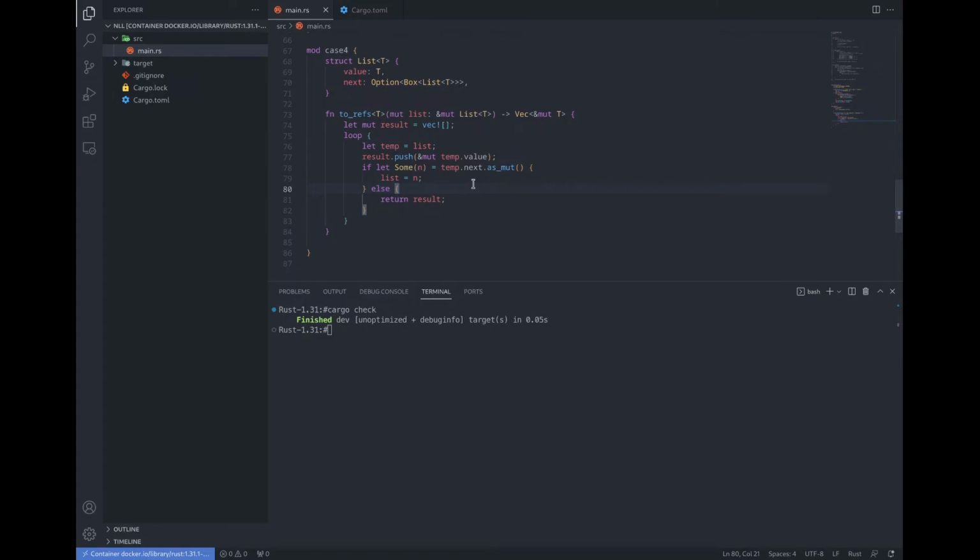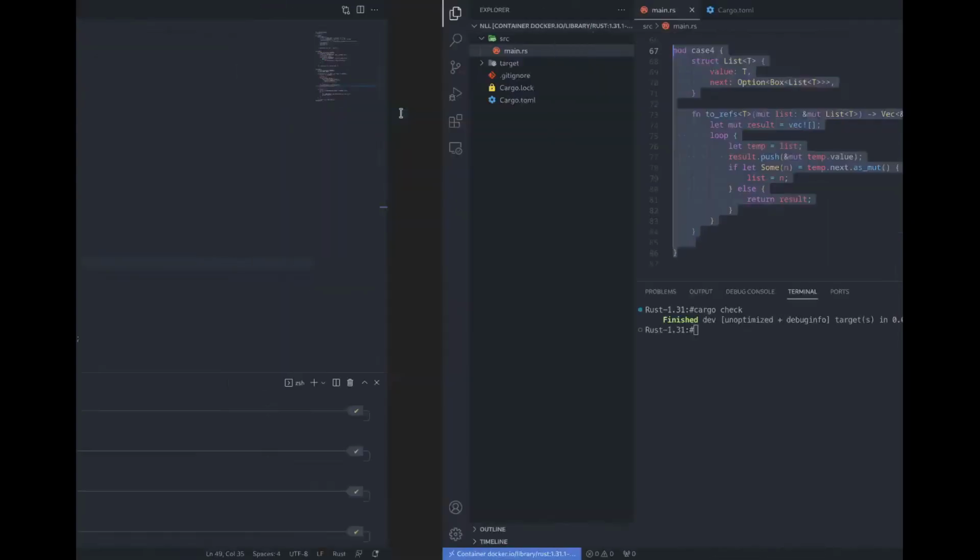This solution is definitely inconvenient. Turns out that this issue is not specifically related to non-lexical lifetimes. Instead, it's because the borrow checker's constraints are overly restrictive and fail to take into account the indirection that a borrowed reference represents. Let's try it